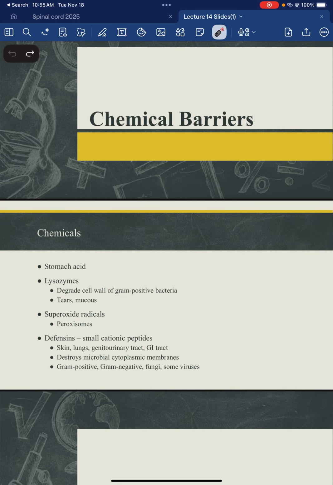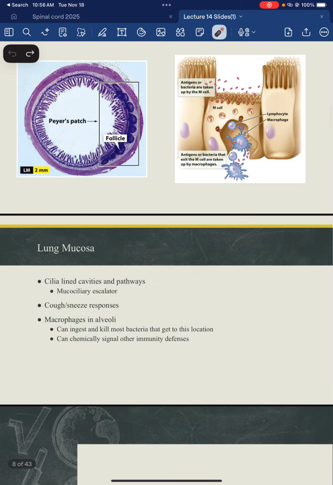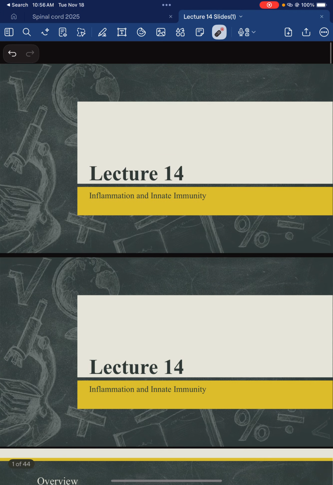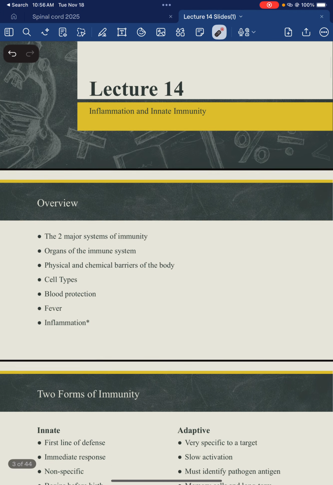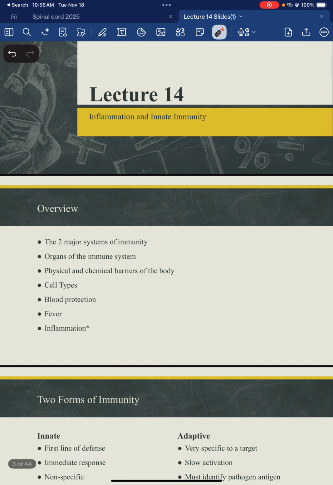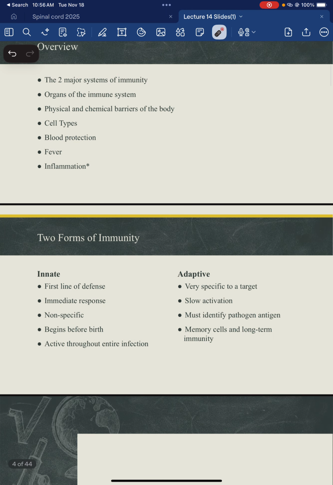All right, so the first thing we're going to talk about is just kind of an overview of the immune system, very brief, very quick. And then we're going to talk about a little bit of the physical and the chemical barriers. I'm going to roll through those quite fast, as you've seen them before, with a couple of exceptions. And I really want to get us to a couple of processes that we're going to draw out, which is primarily how inflammation works in the body, what it's there for, and how it combats all of these pathogens that